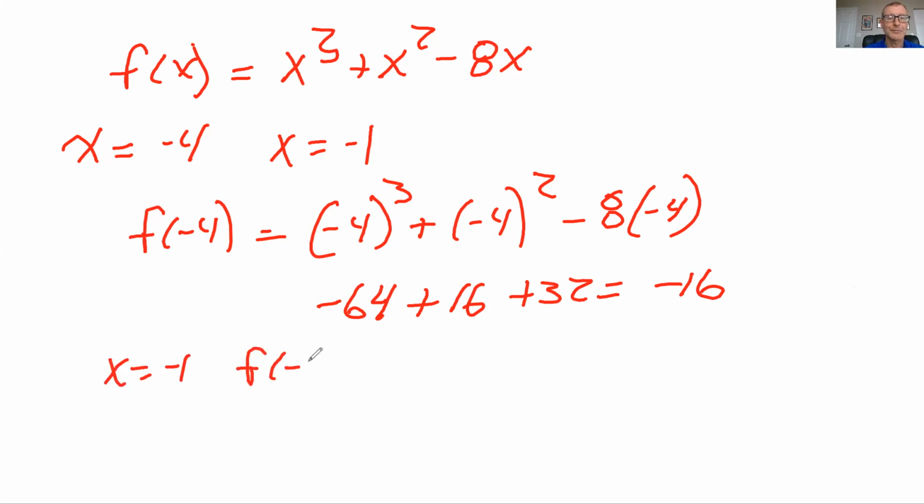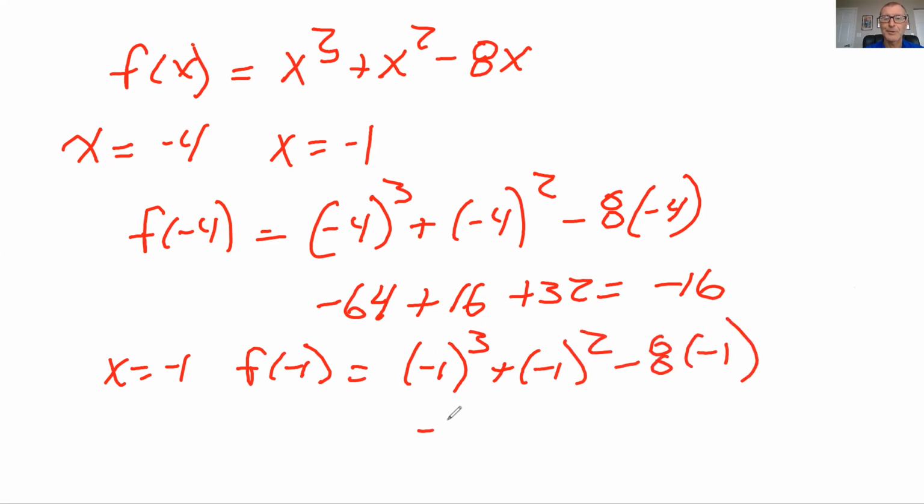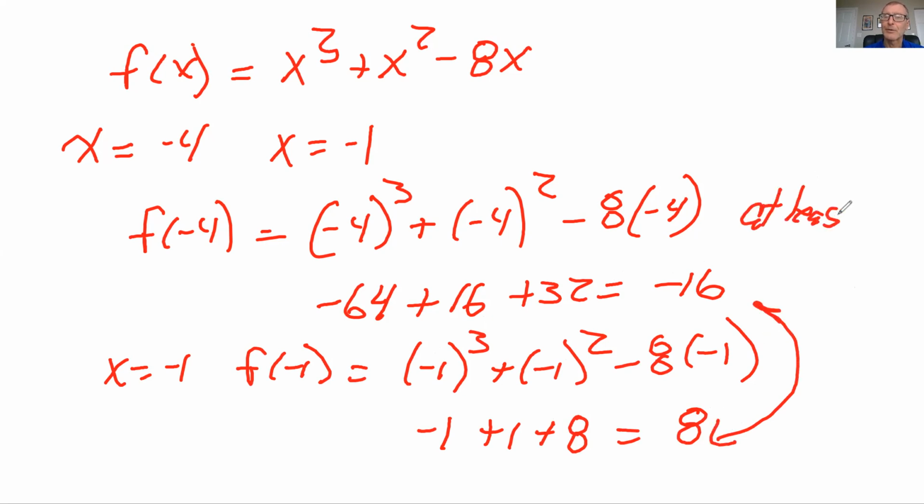Plug that in. That would be a little bit easier. Minus 1 cubed plus minus 1 squared minus 8 times minus 1. And so it'd be minus 1 plus 8. And so you see you have a sign change. So what this tells you is that there's at least one real zero, could be more,